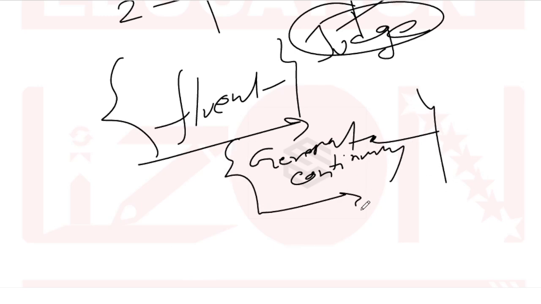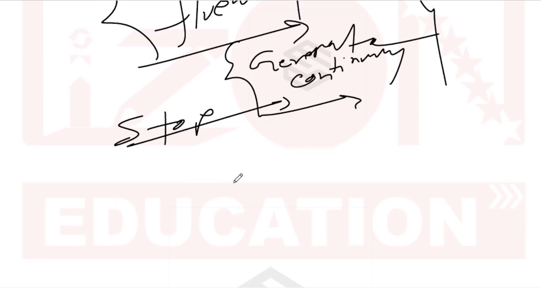Because if you can't generate ideas continuously, what is going to happen? You will stop. You will mumble. So that will happen. Today we're going to learn a way, the 3P way, so that you will be able to generate ideas continuously. You will never have a shortage of ideas. That's what we're going to learn.